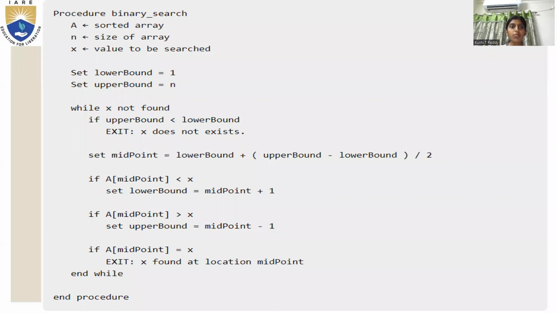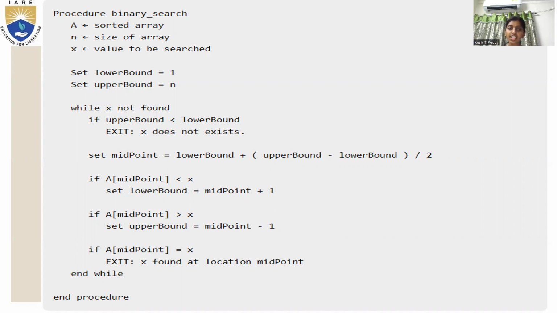So this is the algorithm. Procedure binary search: A is a sorted array, n is the size of the array, and x is the value to be found. Set lower bound to 1 and upper bound to n. While x is not found, and if the upper bound is greater than the lower bound,